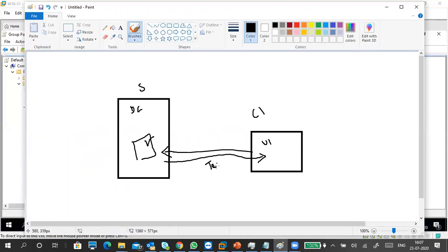The ticket is called a ticket granting ticket, the user's ticket granting ticket. It will give it to the user. User got a ticket, and now he can log into the client.